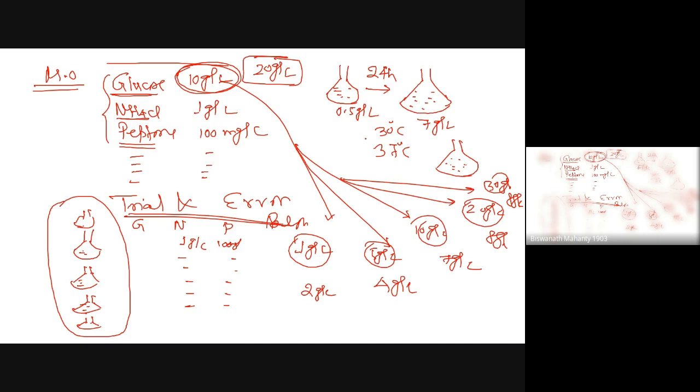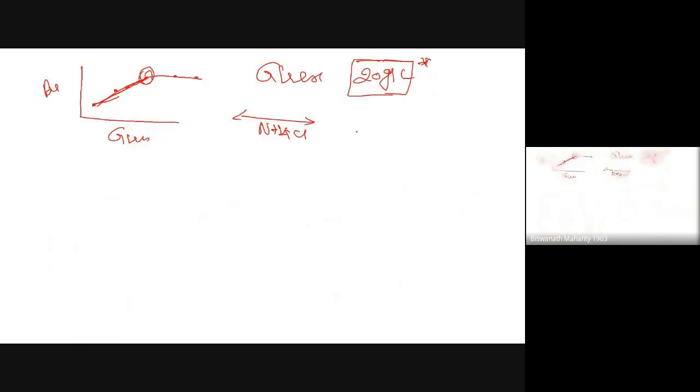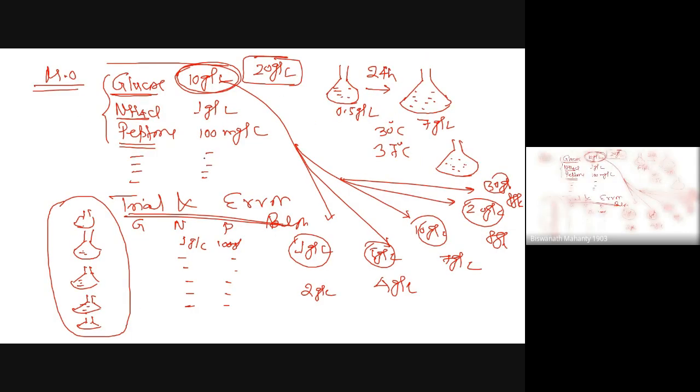For example, I'm finding 0.5 gram per liter is the good one, and what I was using before is not good. So that also I am now fixing. Then third, these two are fixed, I'm not changing these two. Then I will say, okay, peptone is there, na? So I will do the same study with peptone. I will change 100 milligram per liter